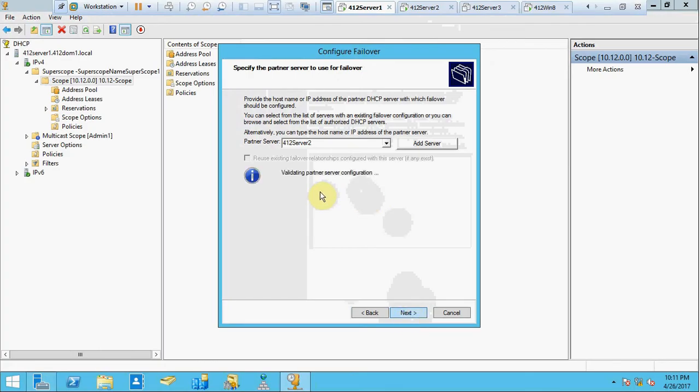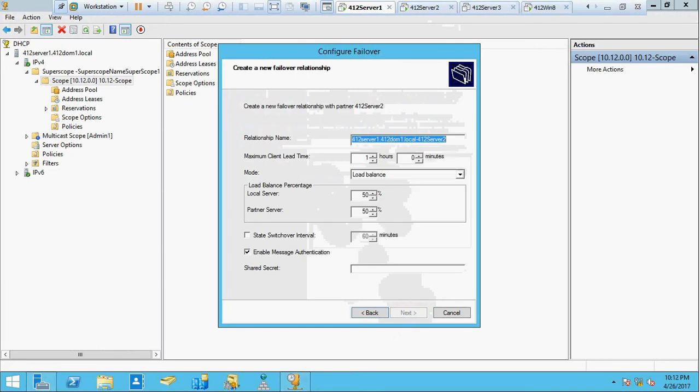Validating server configuration. The partnership should say the partnership is validated. Oh, it's not ready yet. Okay, my partnership was validated between my server 1 and server 2. And in the create a new failover relationship window,